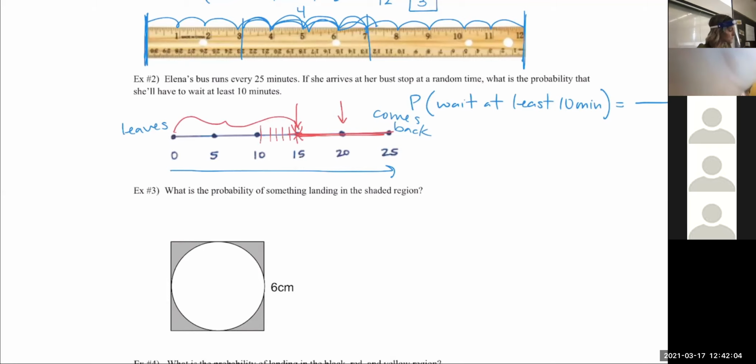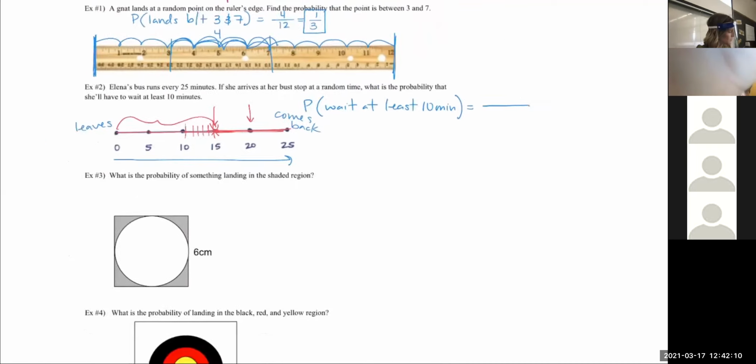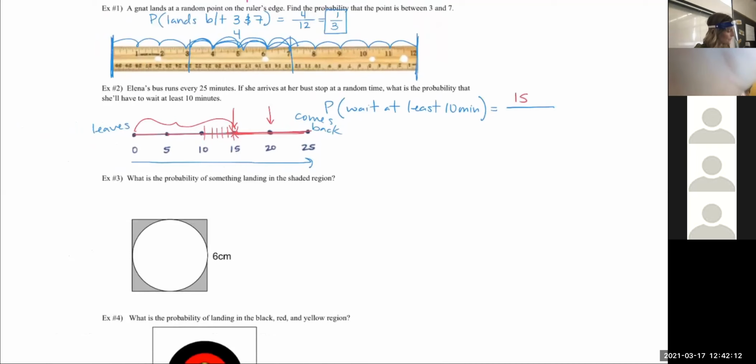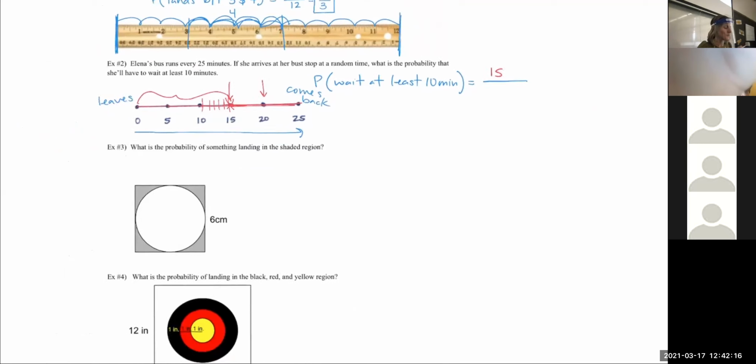Okay. So that means my favorable is 5, 10, 15 minutes. So my favorable on top is going to be 15. What's the total possible? 25 minutes from start to finish, 25 minutes for, oops, not 15, 25. So 15/25, we would reduce that to